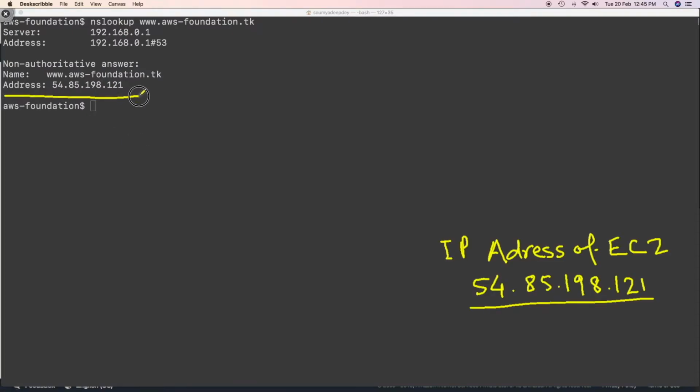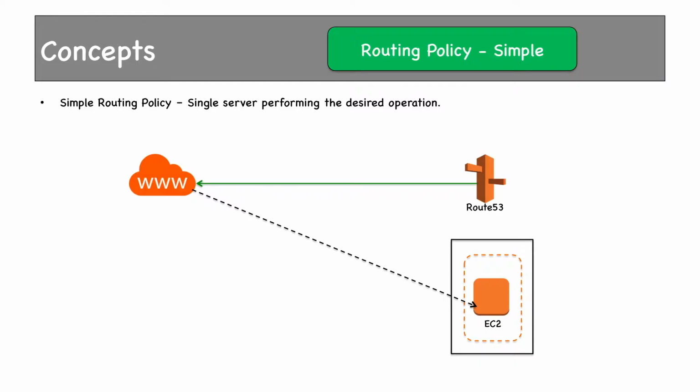So if you see, this IP address has been returned. So the name server lookup went to Route 53, checked Route 53's name servers and got the mapping for us. So you have seen how the mapping of aws-foundation.tk was done with the public IP address of the EC2 instance which we launched.